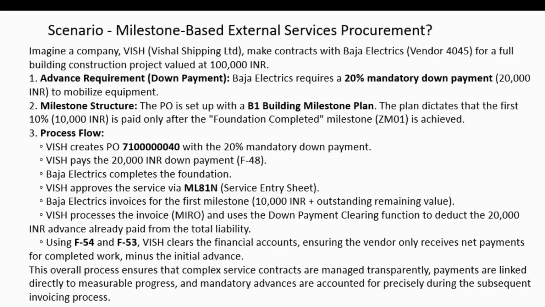The process flow would be: first we create a PO with the 20% mandatory down payment. Then Vishal Shipping Limited pays the 20,000 rupees down payment using transaction code F48. Then Bajaj Electrics completes the foundation. Vishal Shipping Limited approves the service entry sheet through ML81N. Then Bajaj Electrics invoices for the first milestone, rupees 10,000 plus outstanding remaining values. Then Vishal Shipping Limited processes the invoice and uses the down payment clearing function to deduct the 20,000 rupees in advance